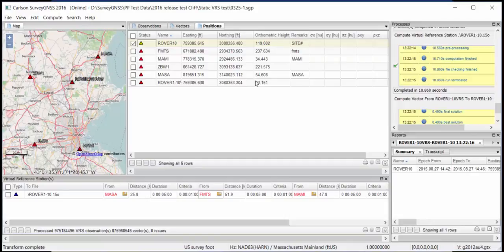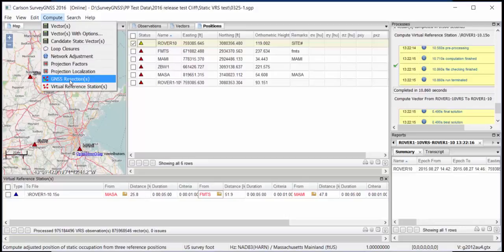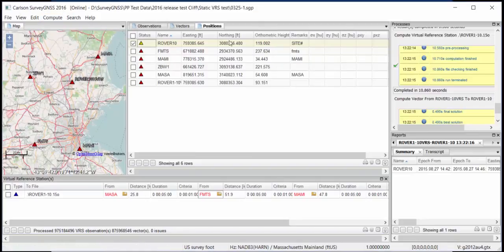A few closing remarks. The VRS solution is a great tool, but you have to be aware that the stations shouldn't be too far away. I would say 50 miles would be okay. They also have to nicely enclose your unknown station, which we had in this case, and also the ionosphere is of course very important